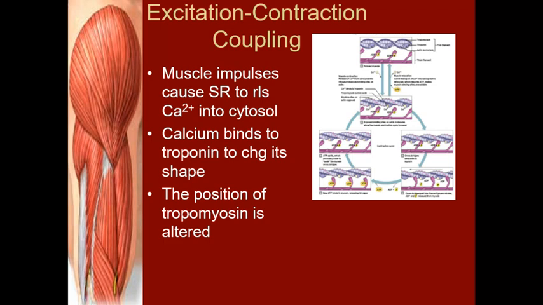So we have to have a couple things occur for an actual muscle contraction to occur. The myosin, the thick filament, is going to have to come in contact with the actin. When your muscles are relaxed, that tropomyosin, that long thread, is preventing that action from occurring. So as we get started, these guys are going to have to be